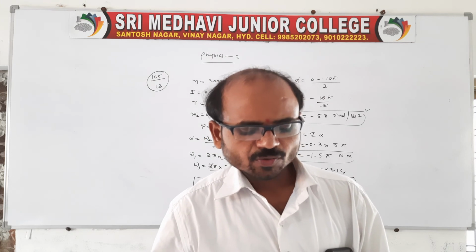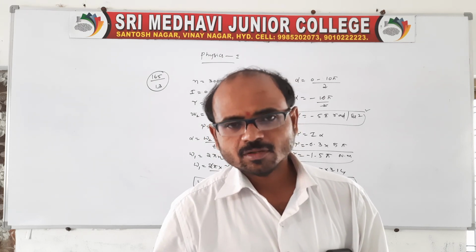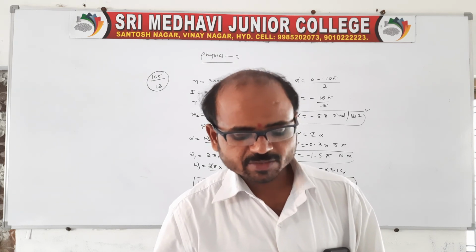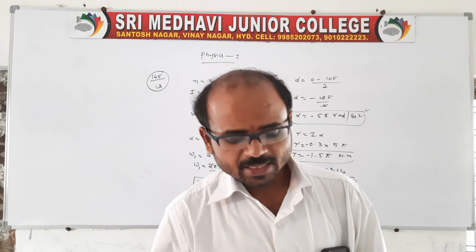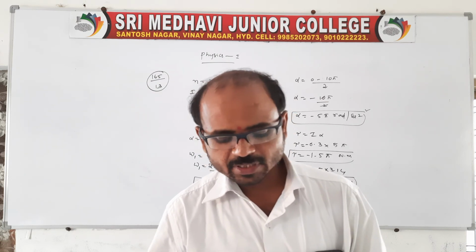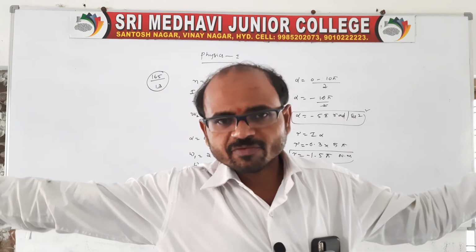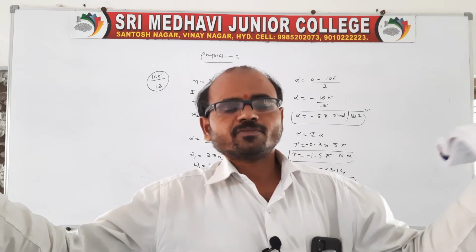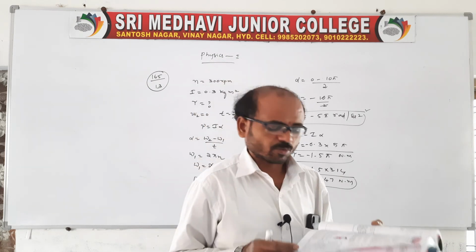8th question, why should a helicopter necessarily have two propellers? So here also it is the same, it is rotation related to the conservation of angular momentum only. The helicopter with two propellers balances the angular momentum and lifts the helicopter in air. It is lifting, no? The propellers are nothing but wings. Therefore it is lifted vertically up without any unbalanced torque, so that it is conservation of angular momentum.